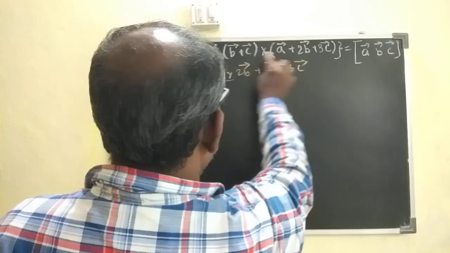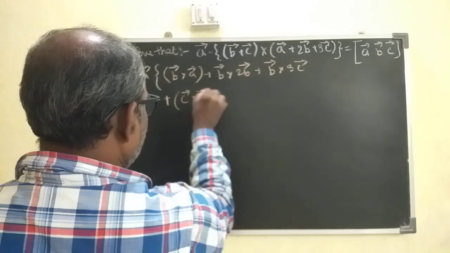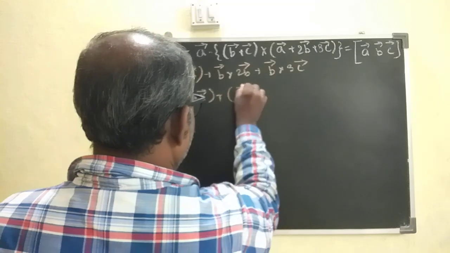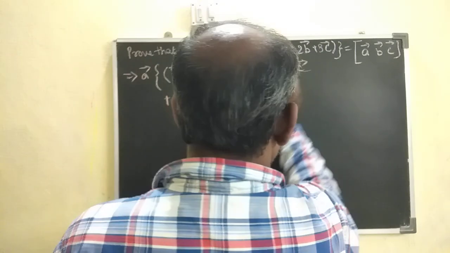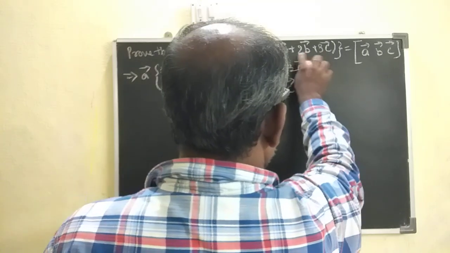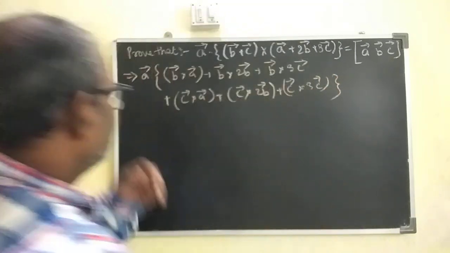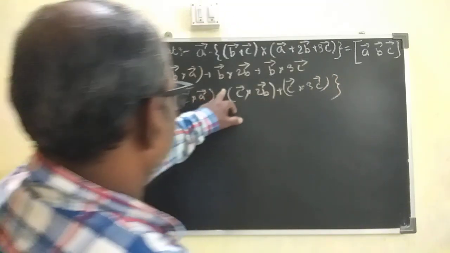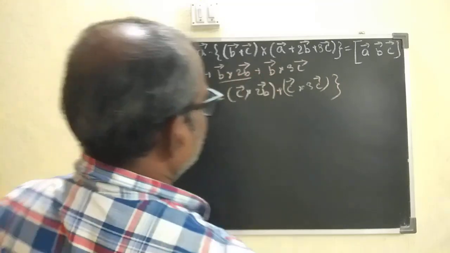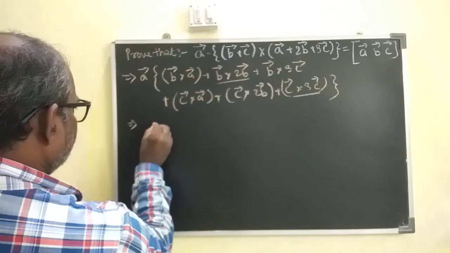plus C cross A vector plus C cross 2B vector plus C cross 3C vector. Now we can see from here that this portion becomes 0, then this portion becomes 0. So we get here A